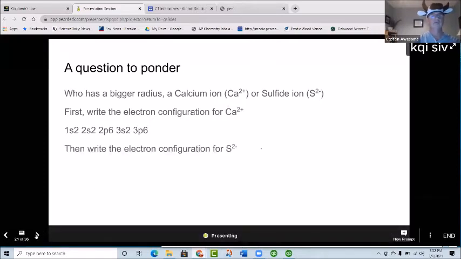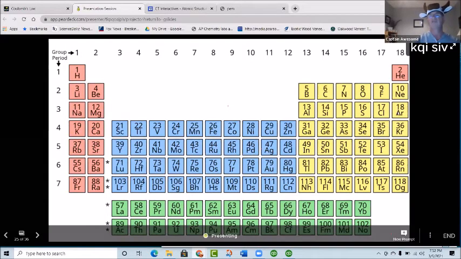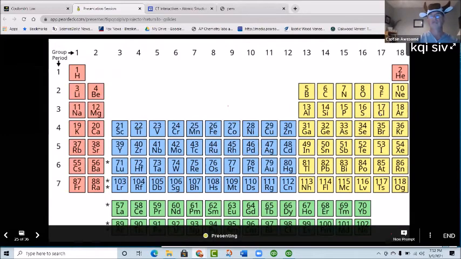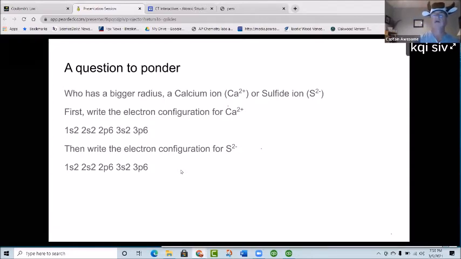The next thing we would do is write the electron configuration for sulfur with a -2 charge. So again, we'd go to the periodic table. Sulfur has 16 electrons. When it becomes an ion, it gains 2 electrons because it has a -2 charge. So sulfur with a -2 charge has 18 electrons. So we write the same electron configuration. The word for that is isoelectronic. They both have the same